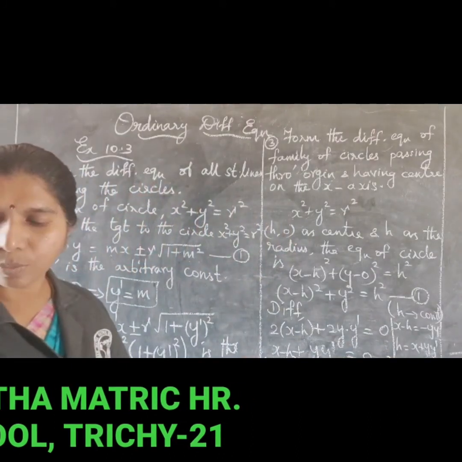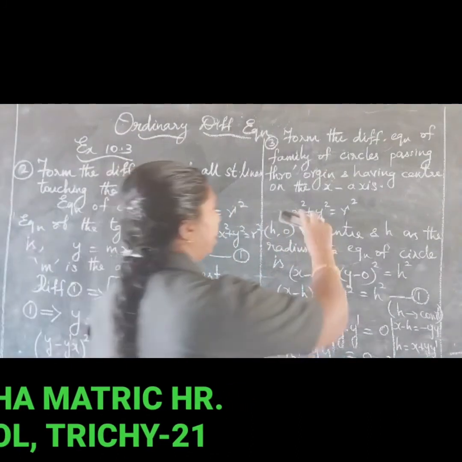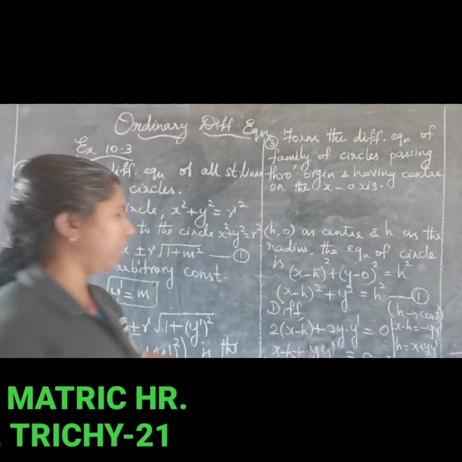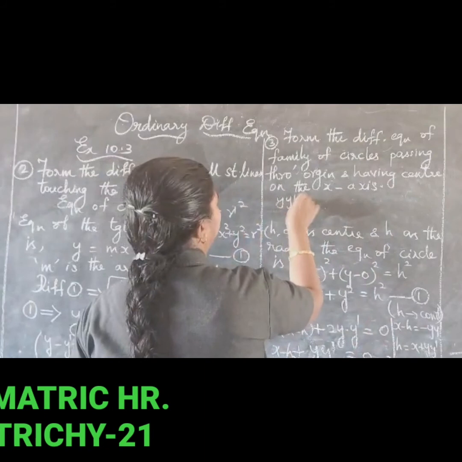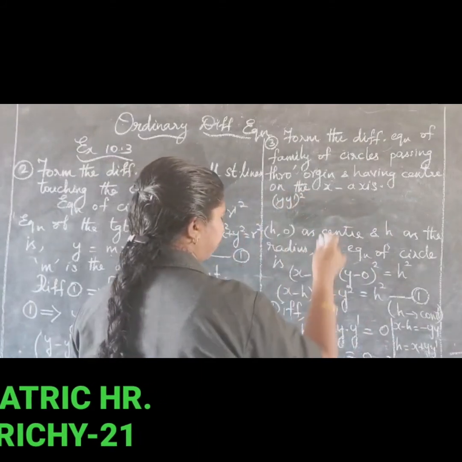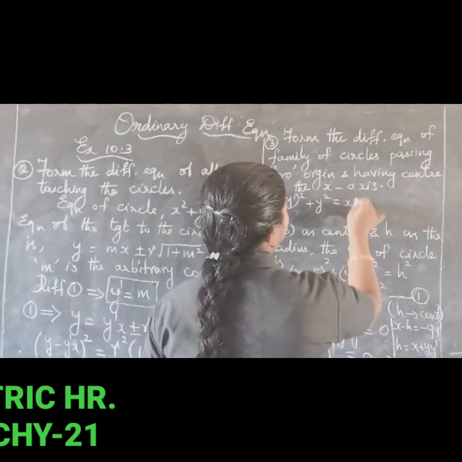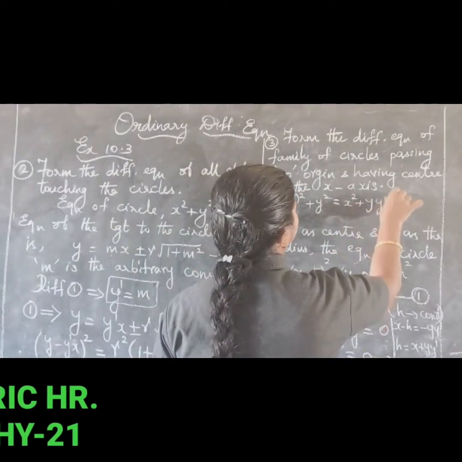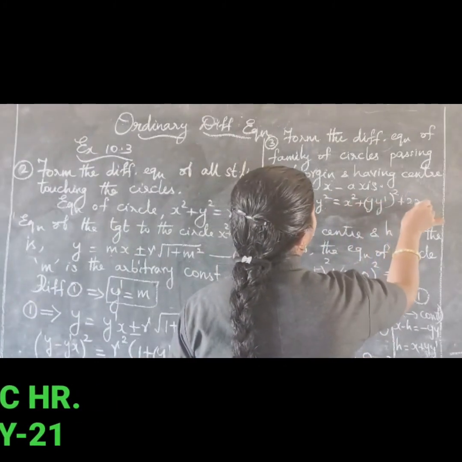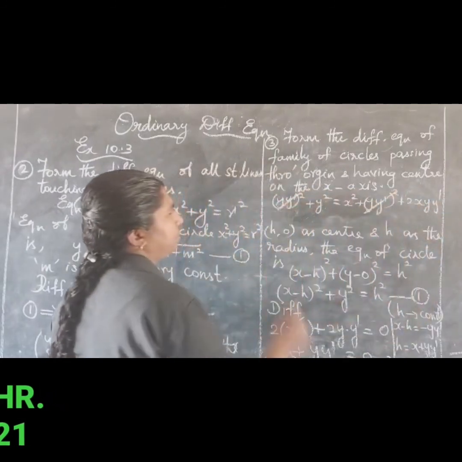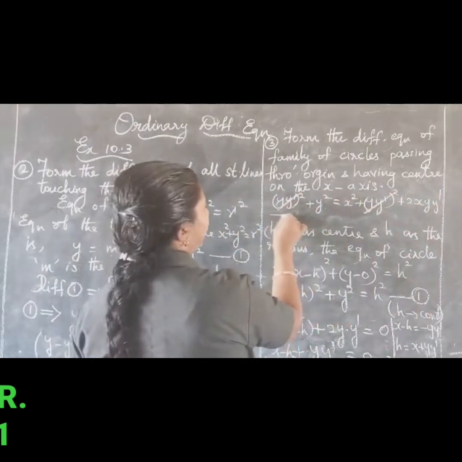Expanding this, we get y square y dash square plus y square is equal to x square plus y square y dash square plus 2x y y dash. So these two terms can be cancelled. Therefore, the required differential equation